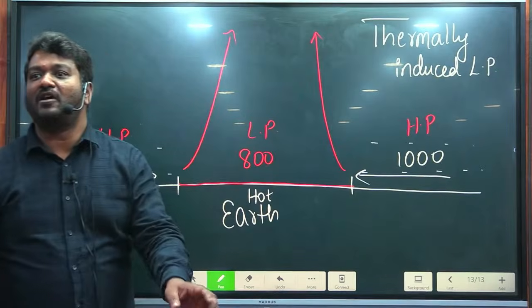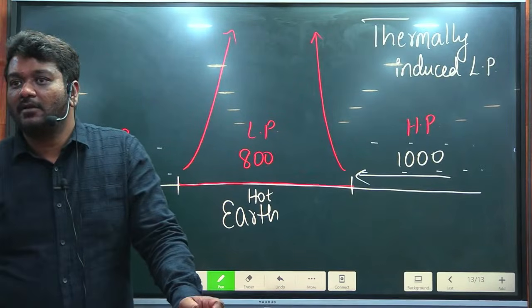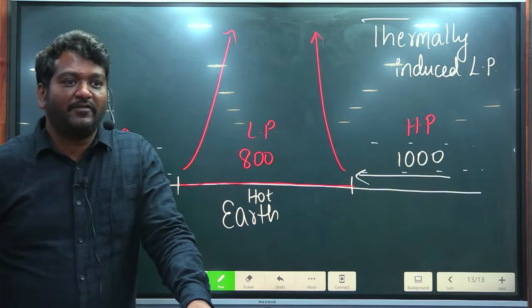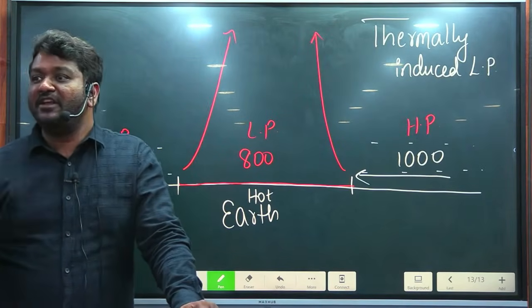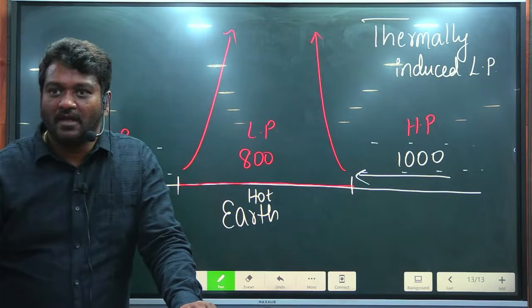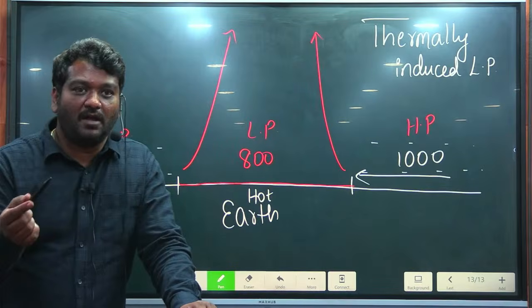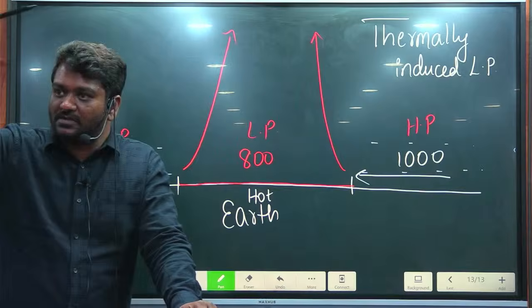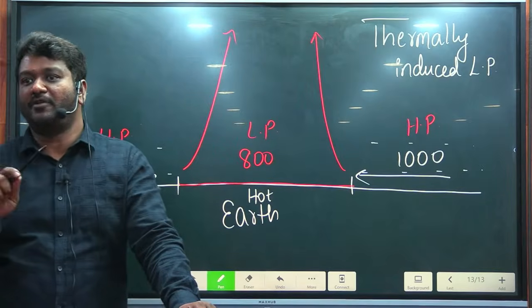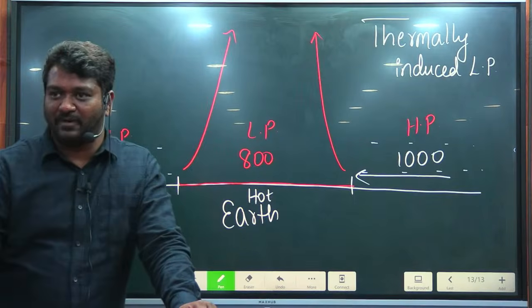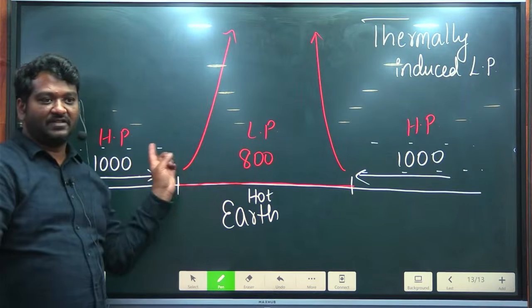Now you tell, guys, is it rising? Rising means, can I call it adiabatic cooling? Adiabatic cooling means, will you have clouds? Will you have rainfall? Now you tell near equator. Near equator, is land hot? If land is hot, air is hot. Hot air rises, they form clouds and give rainfall. Are you getting the point? Deserts, why you don't get rainfall, I'll explain. But as of now, do you understand why this is happening?